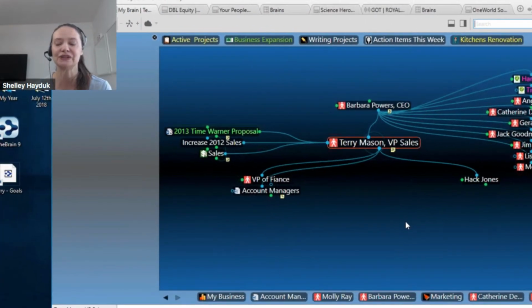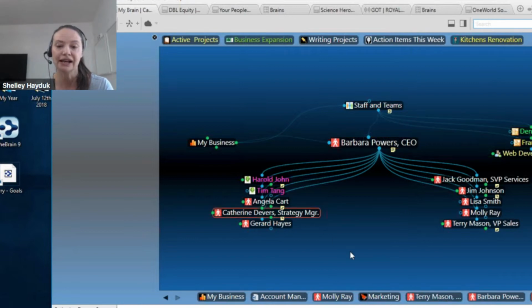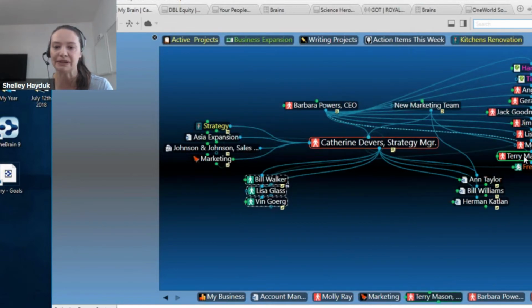I wanted to show you this. You can see how easy it is to change people, because a lot of people will move around in a company. And in fact, if you're playing with how to set up teams or how to assign people to different projects, this is one way to do it. In fact, we have companies growing by merger or acquisition where, when they're looking at all the skills in the organization, you can create a brain map to see which people are redundant in a certain team, which people need to be moved. And now you can see Catherine, it started off with Terry having that big team, but now